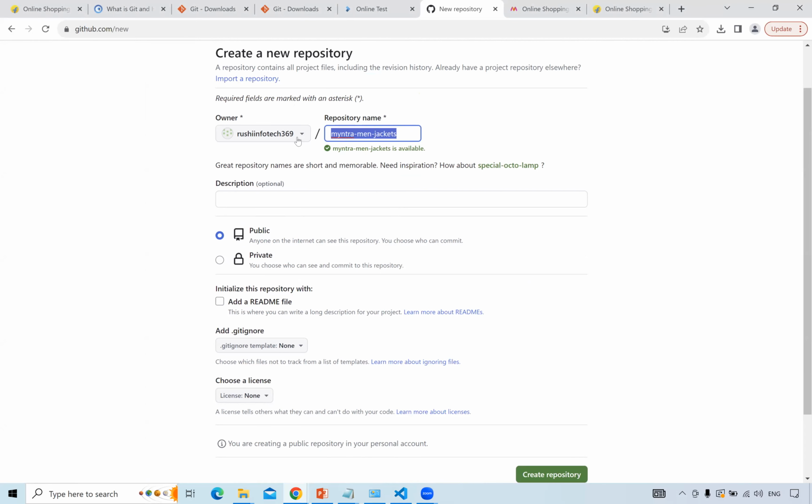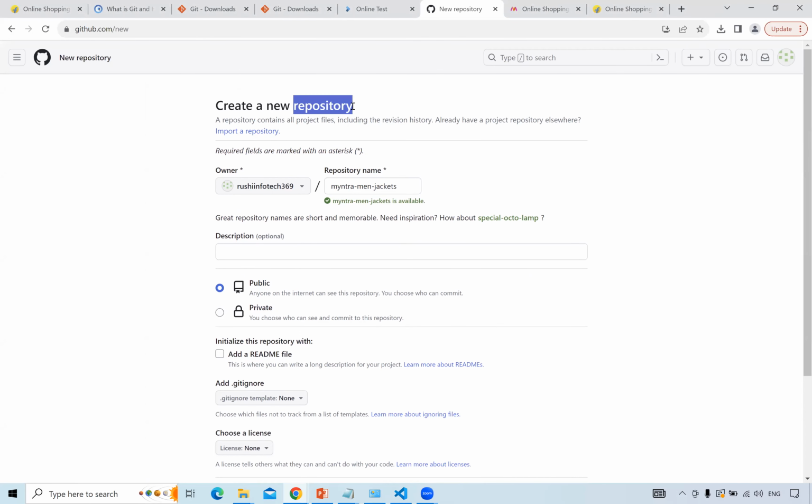You're going to create one repository, which means you're going to create one folder. That is how we have to think, but while pronouncing, we will consider it a repository. We have two options to create: a public repository or a private repository. For example, if you create a public repository,